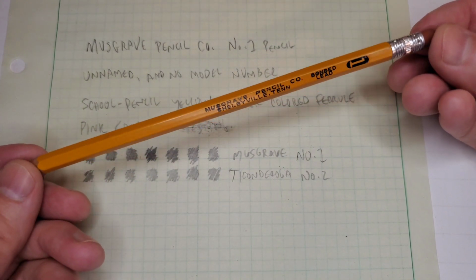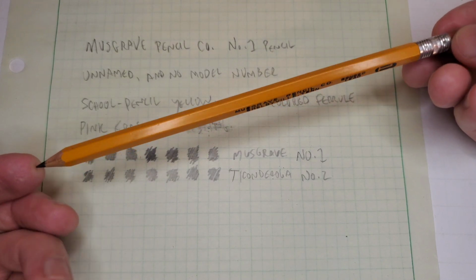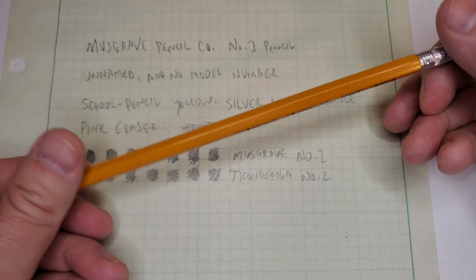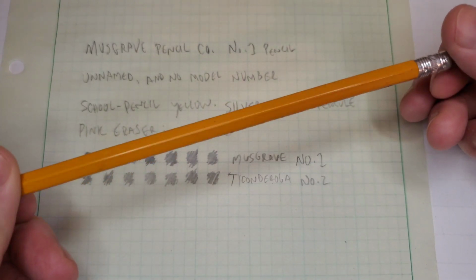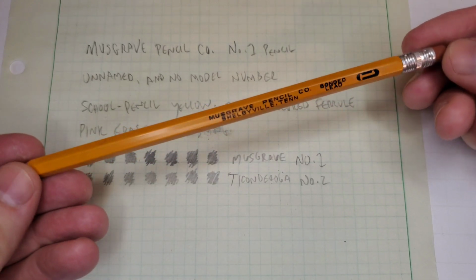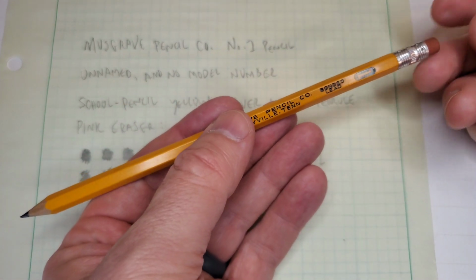Too bad they don't still make these, but you can still get that number 1 graphite in another quality Musgrave product. Still making pencils in Tennessee. Fantastic company. Seek them out for their other offerings, just not for this one. Have to get your time machine fired up for that. The Musgrave Unnamed, no model number, number 1